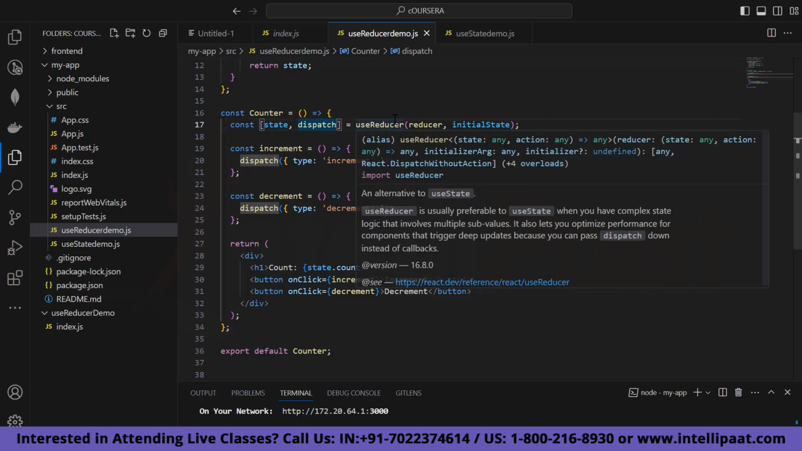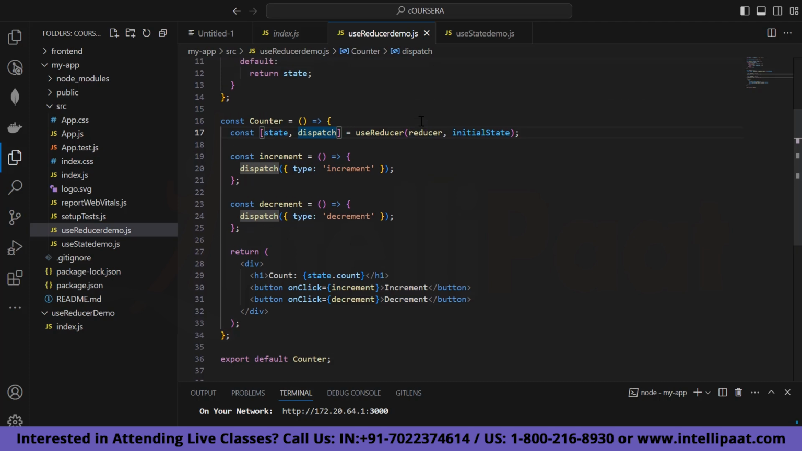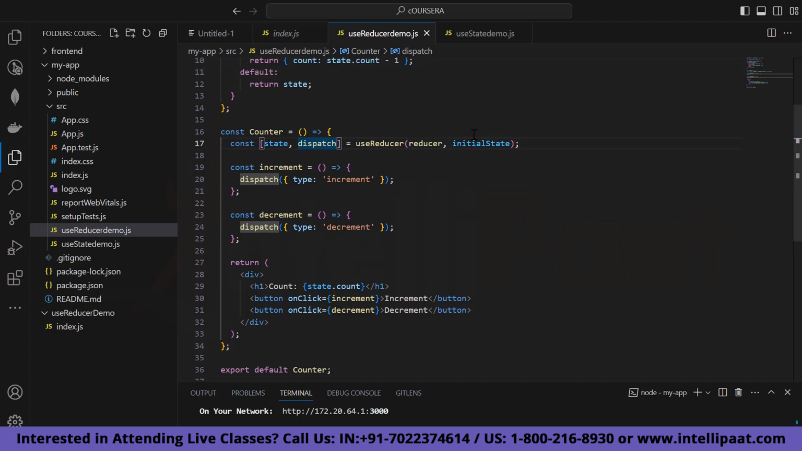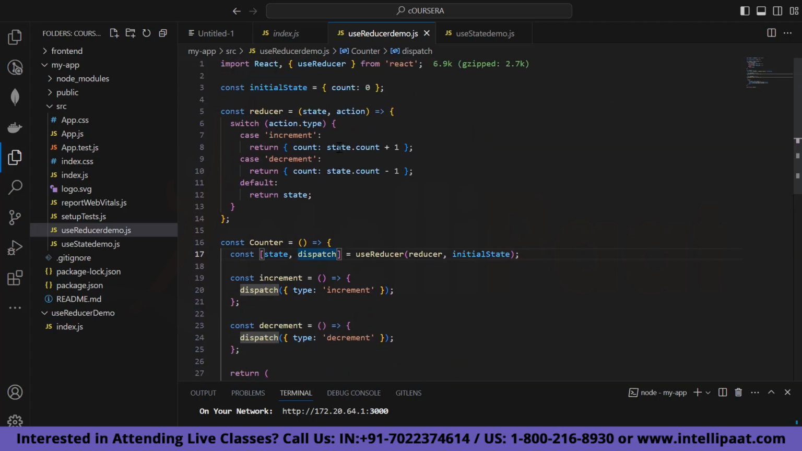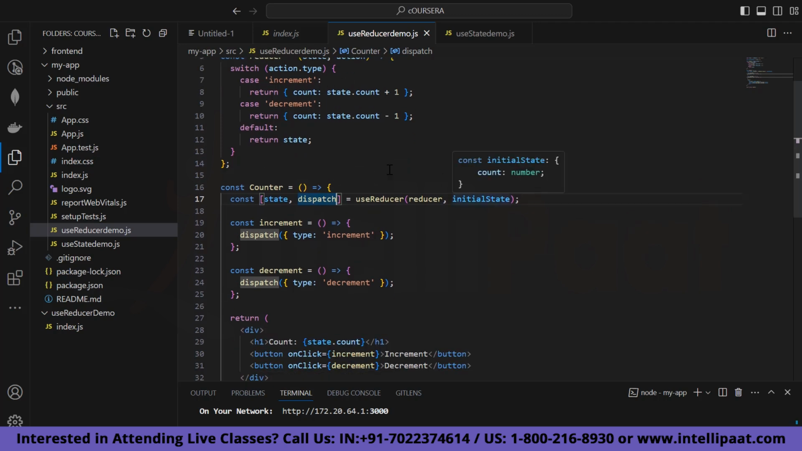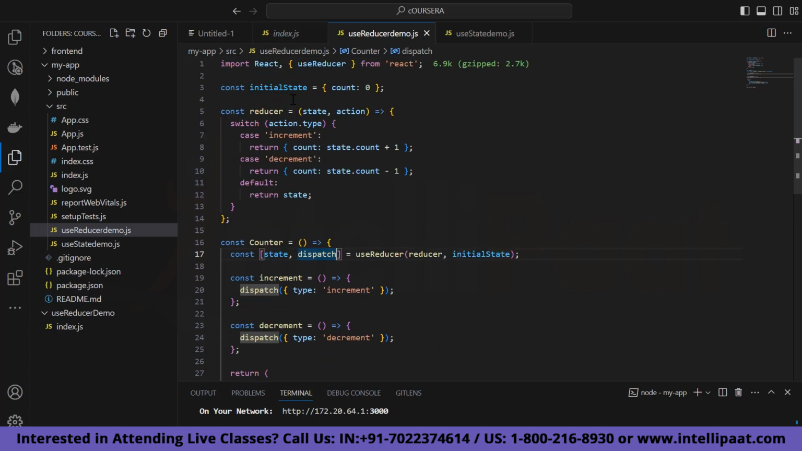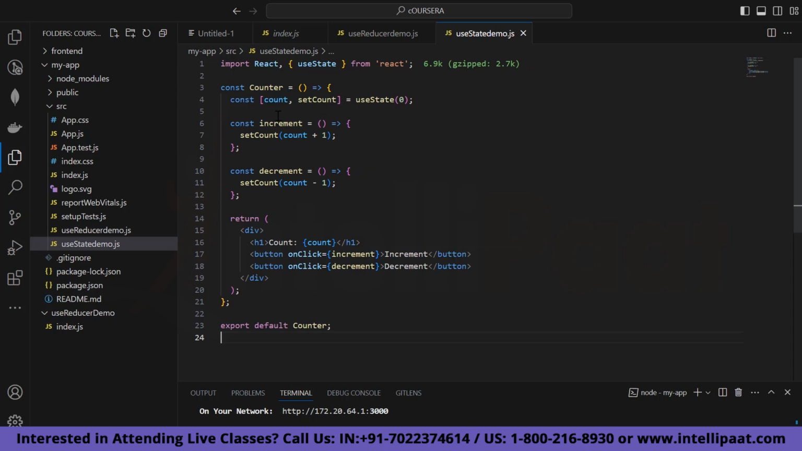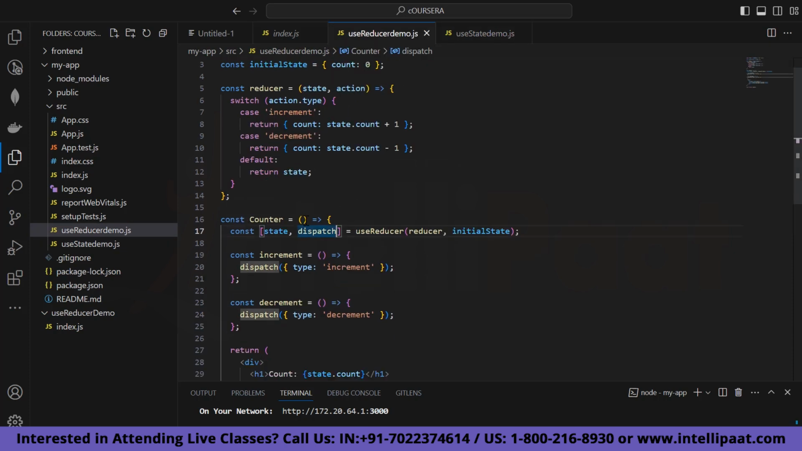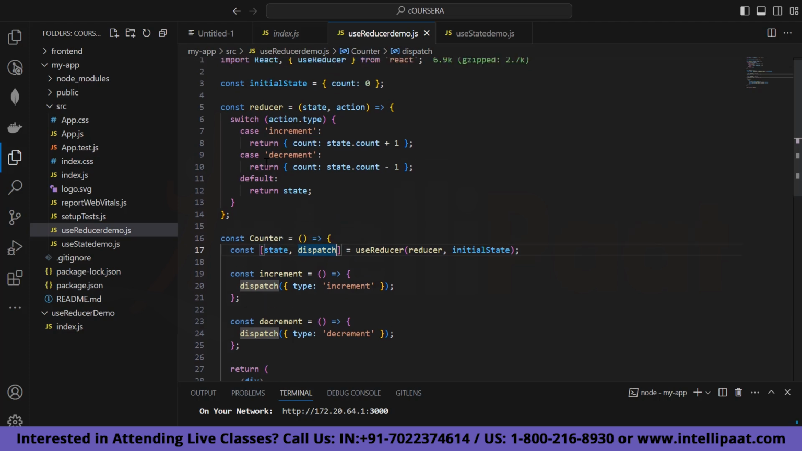And here I am using useReducer, where it is taking the value as reducer and the initial state which we have initialized all over here. So as you can see, the count equals 0, so it's taking the initial state. In order to use the useReducer hook, instead of count and setCount as we used in useState, where there were two values, here I'm going to use two values as state,